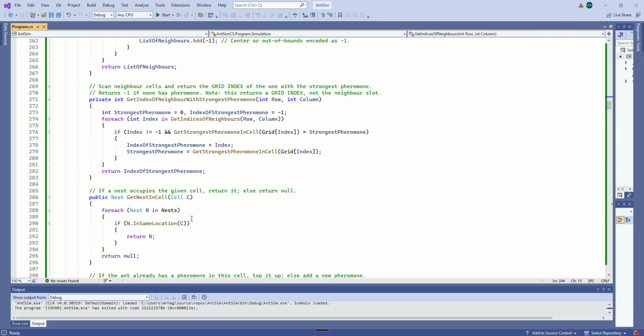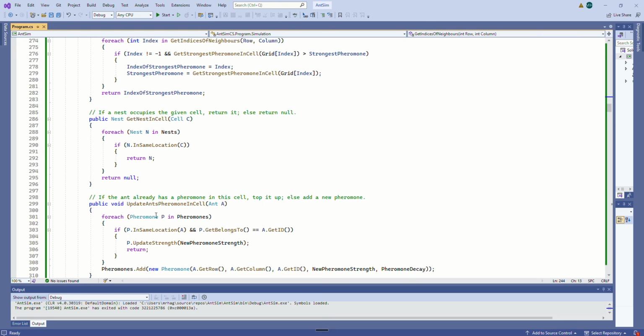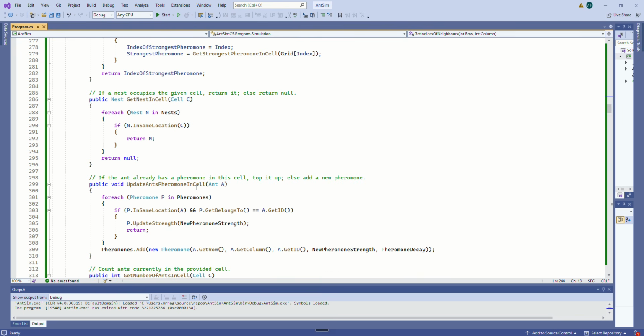The nest, this is get nest in cell. Okay, so this returns whatever the nest is within a particular cell. That looks like it just returns null, actually. Oh yeah, so it does return something, and yeah, it quits at this particular point if there is a nest. Okay,